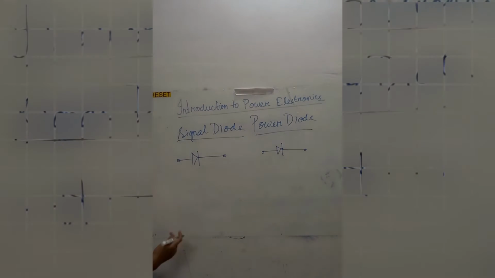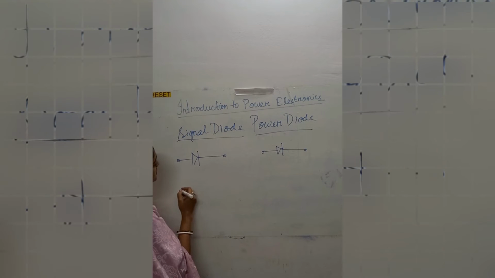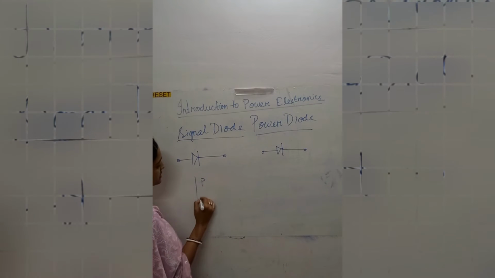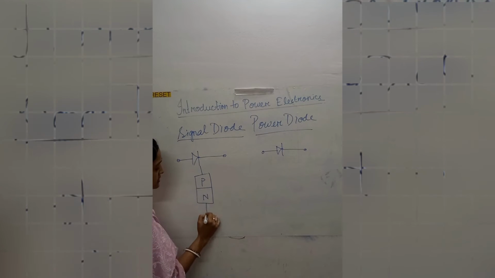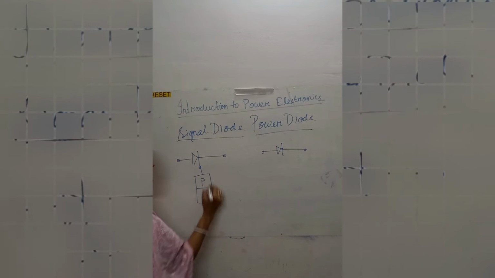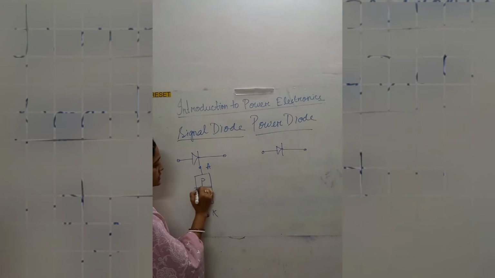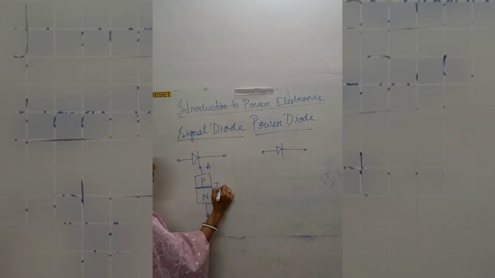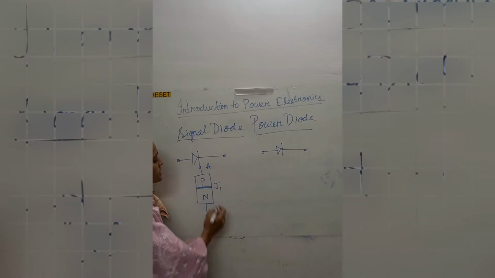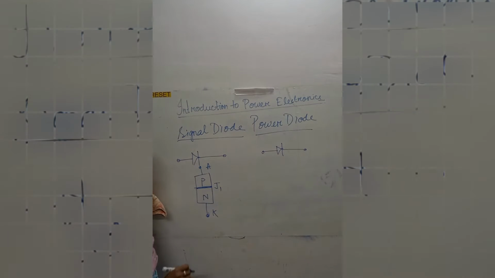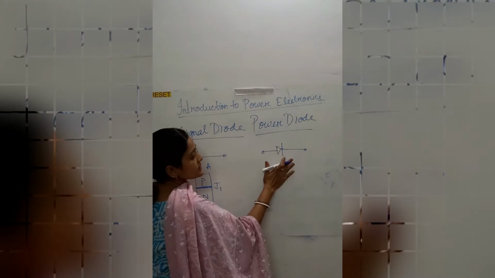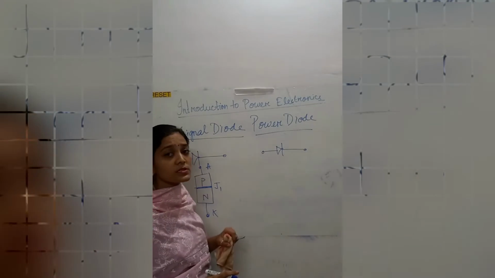But in constructional point, when we say the structural thing, then we come like this: this is P, this is N, P, N. There is a junction, two terminals are connected, anode, and there is a cathode. This is the junction, that is J1. Suppose this is J1, I am naming it. This junction is the depletion layer. And in this case, when we study about the structural thing,